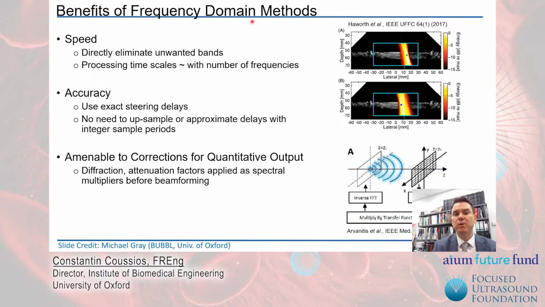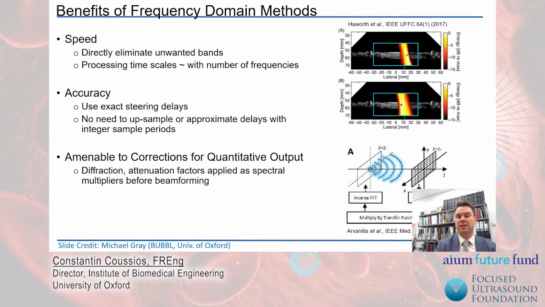These frequency domain methods have huge benefits in terms of speed, as shown and demonstrated by Hayworth and co-workers and Arvanitis and co-workers, can provide much greater accuracy because you can use exact steering delays and there's no need to upsample or approximate delays with integer sample periods, and is amenable to corrections for quantitative inputs such as